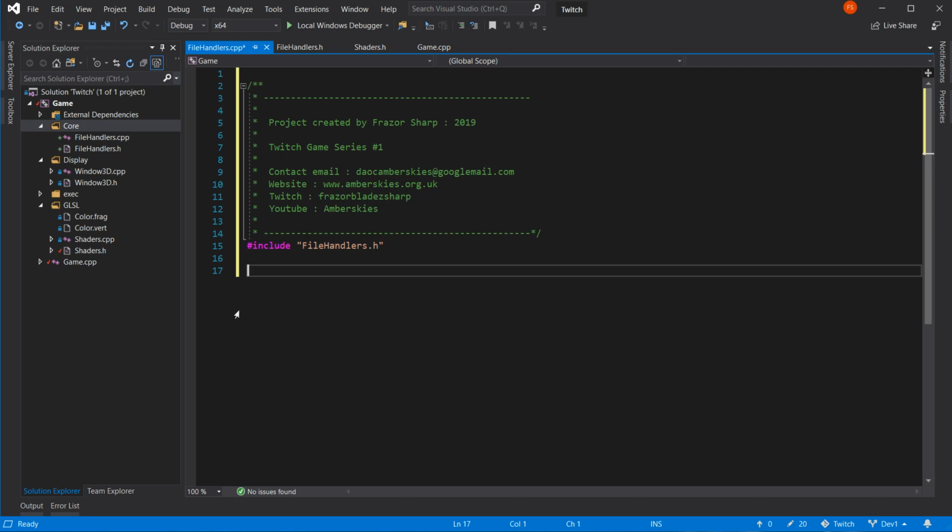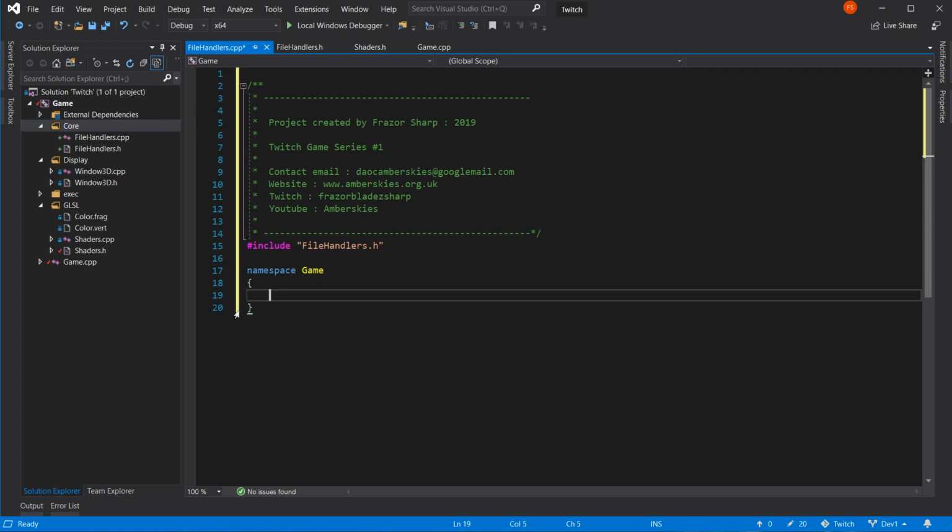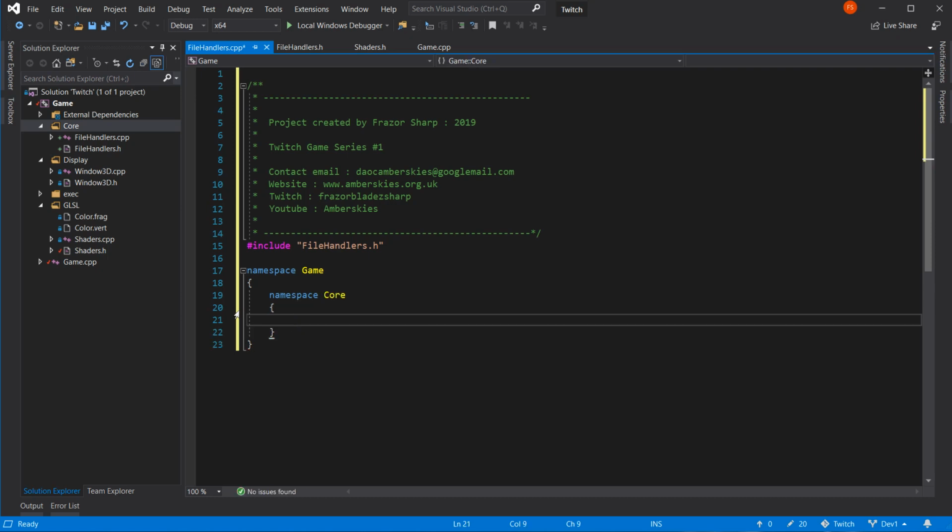And this is going to be a namespace. Game we're using. Good, I've remembered. That's unusual for me. Namespace, and we will have core. Excellent. That looks okay there.